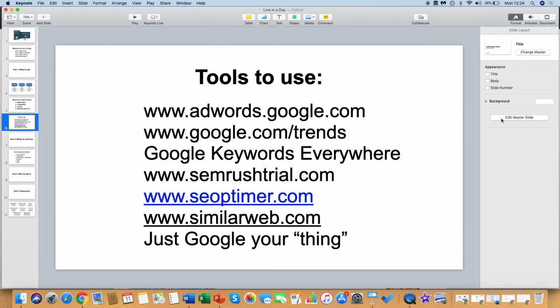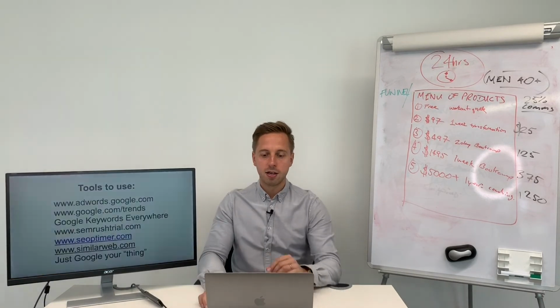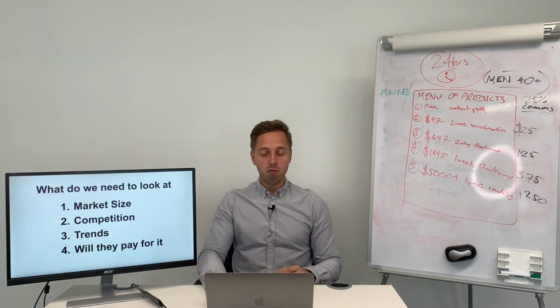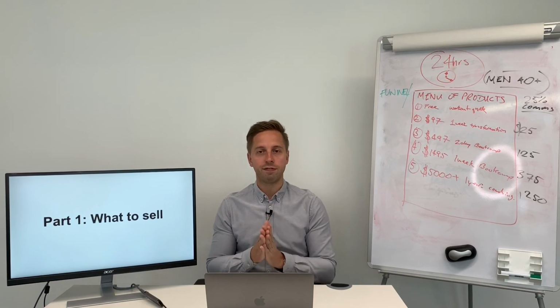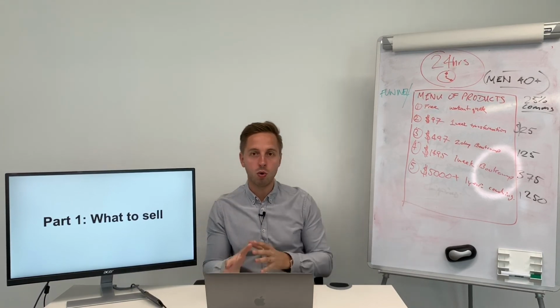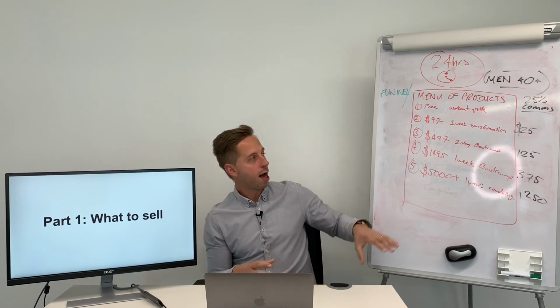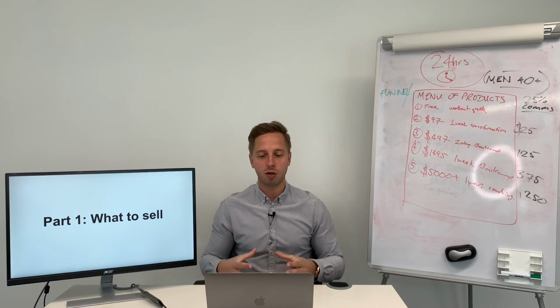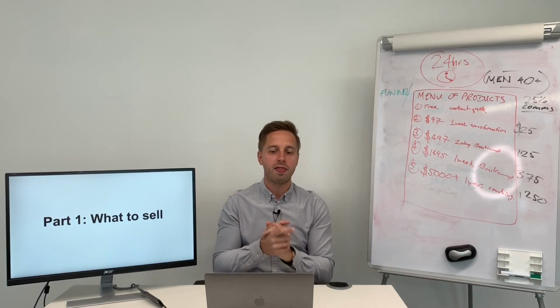So going back to my slide, should we say, it's very, very simple: you've done your research, you've figured out what you want to sell. You've got your menu of products. If it's an affiliate product, cool, you've found it. If it's your own product, you can go and create it or you can buy it. Or if you're an existing business owner, you're adding a new product or service, same sort of thing. And make sure you create that funnel, all right?